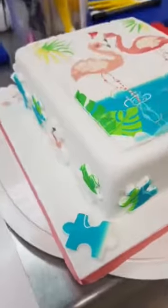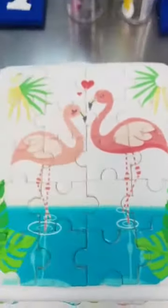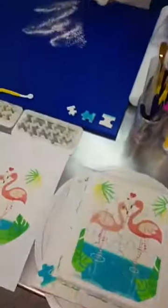I've put the aircon on as well, but I'm kind of cooking a little bit today, not to worry. So just kneading out my sugar paste, a little bit of icing sugar going underneath that for now, and a